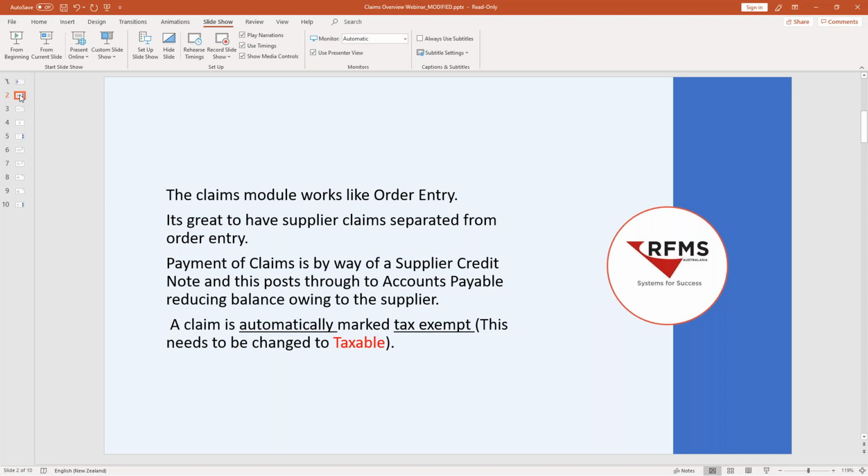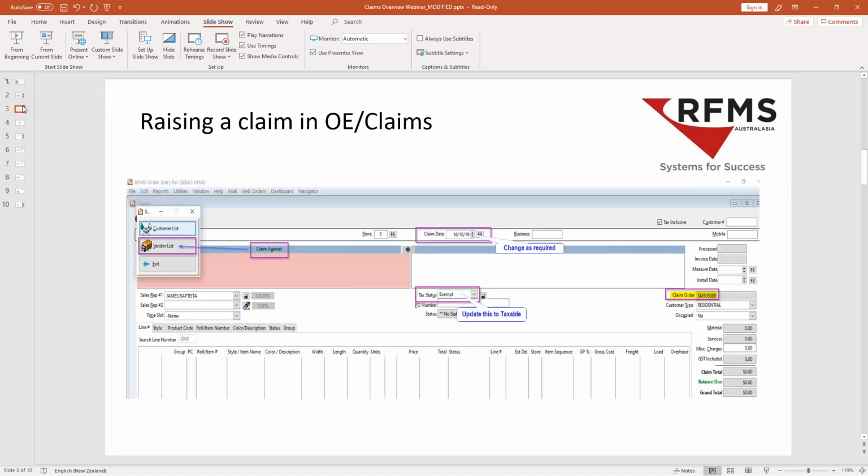And then once we know the story, we can start putting the pieces together and we can help set up the claim. So there's various screens that we're going to be using. When we go to raise a claim, we essentially will be going into the claim screen. Now there's two ways of getting in there. From the customer order screen, you can go file claims, or you can simply click on your F5